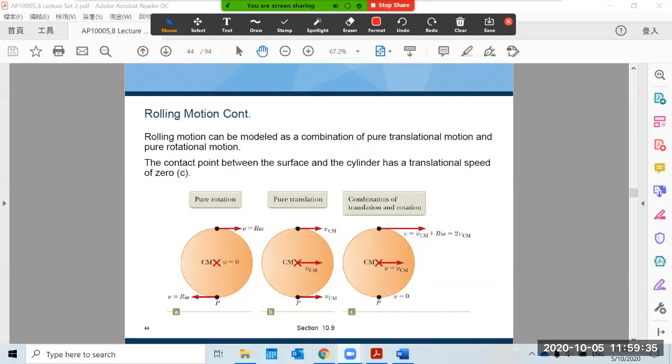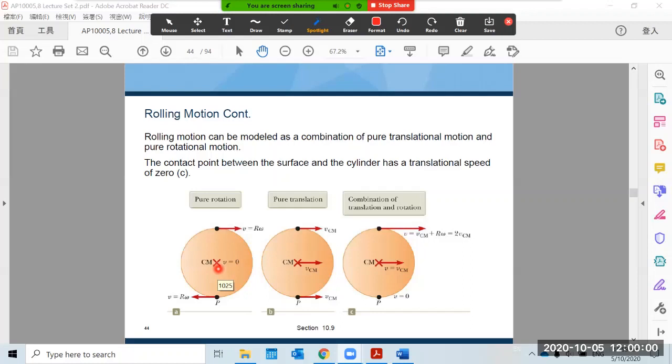First, we have the rolling motion of the cylinder, pure rotation. The pure rotation means that it does not consider the movement of the center of mass. It assumes that the center of mass